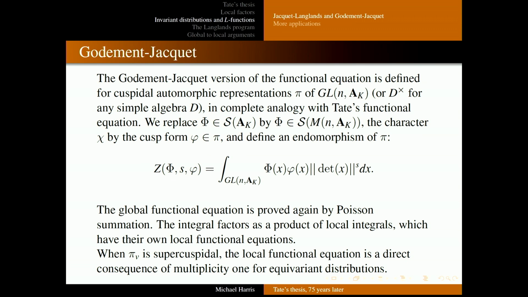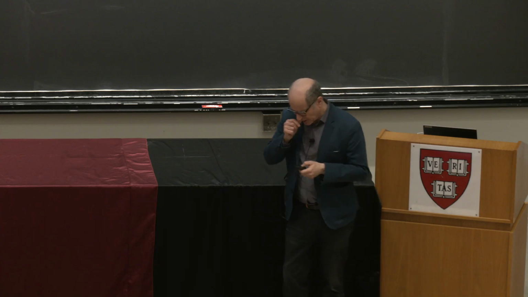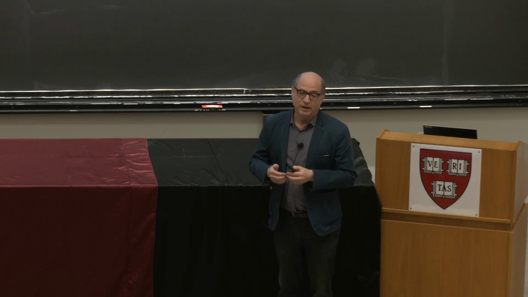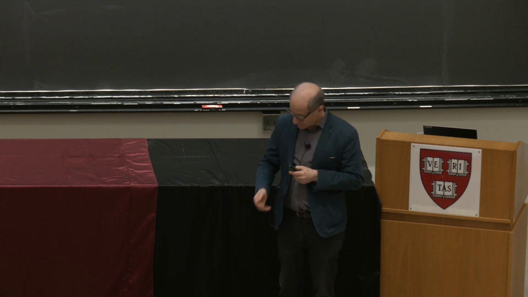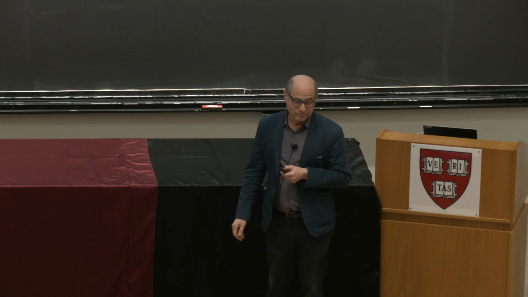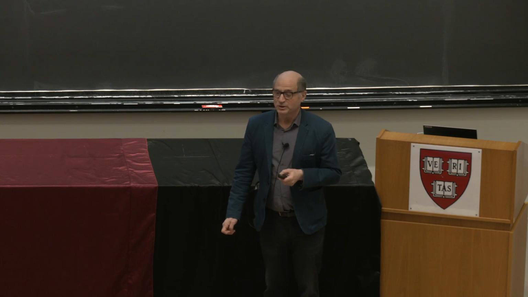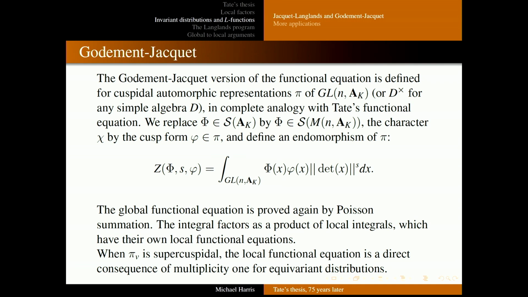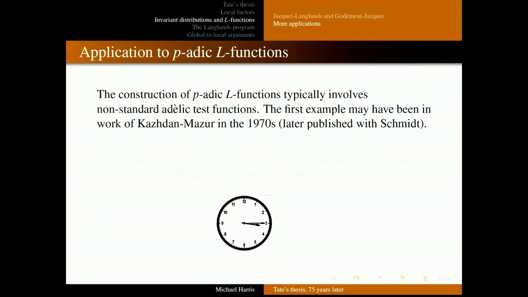Now, thinking of GL, if you stratify the matrix space by the different ranks of matrices, then the invertible matrices are the open orbit, and the supercuspidal representations only integrate against the open orbit, and so they don't have any poles. That's why there are no poles, and that's why the epsilon factor comes out, again, in exactly the same way as Weil explained. Yes, that's where I should be.